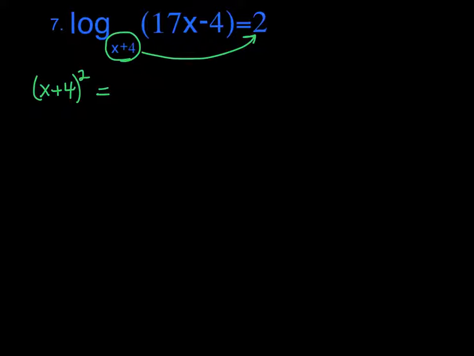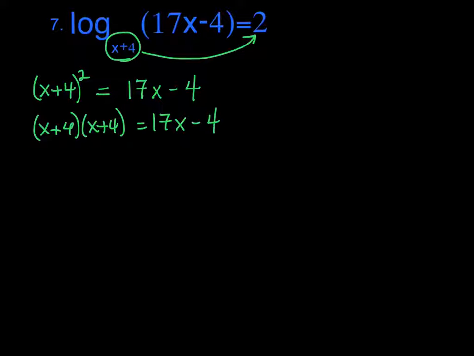And remember, we set it equal to what's left over. Well, in this case, that's the binomial 17x minus 4. All right, now, remember when we have a quantity and it's squared, that's the same thing as writing that quantity 2 times. So in this case, we're going to have to double distribute. So much fun. Okay, so I'm going to get x squared plus 4x plus 4x plus 16 equals 17x minus